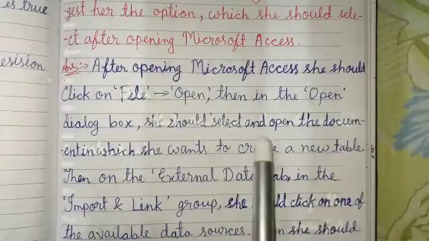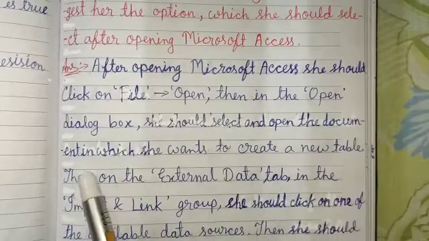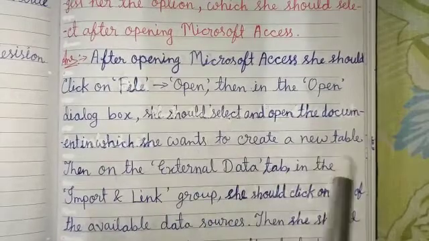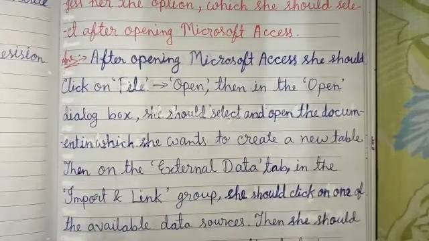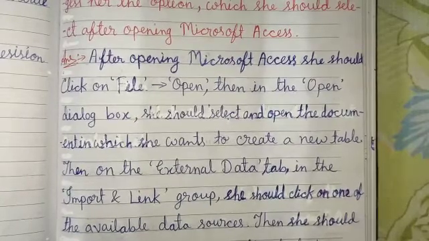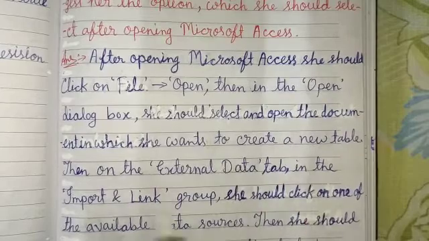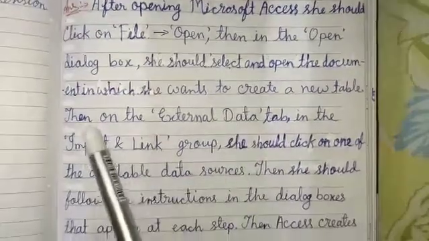She should select and open the document in which she wants to create a new table.